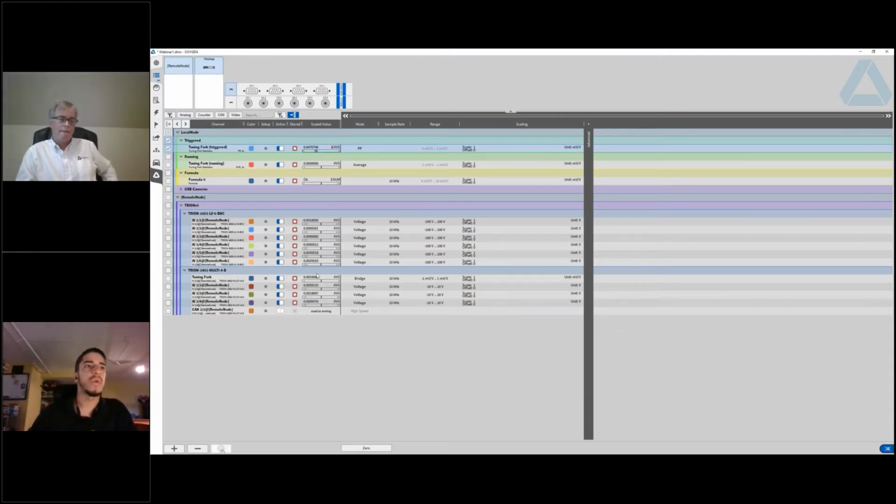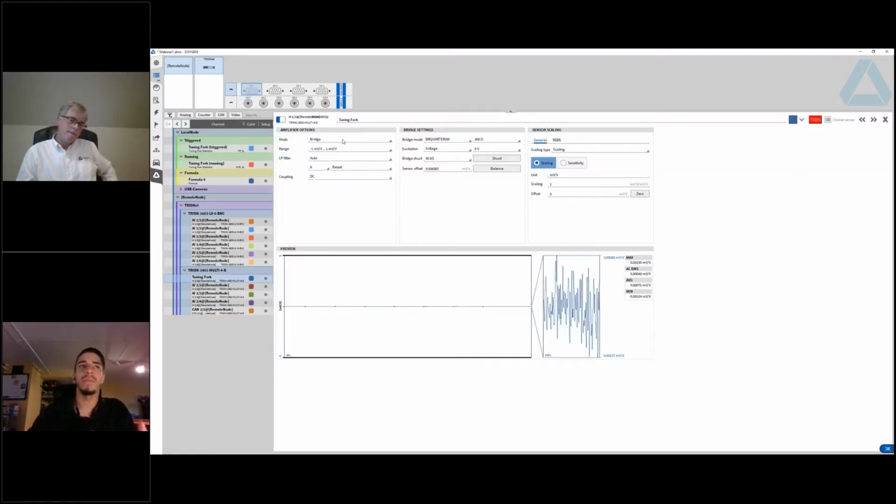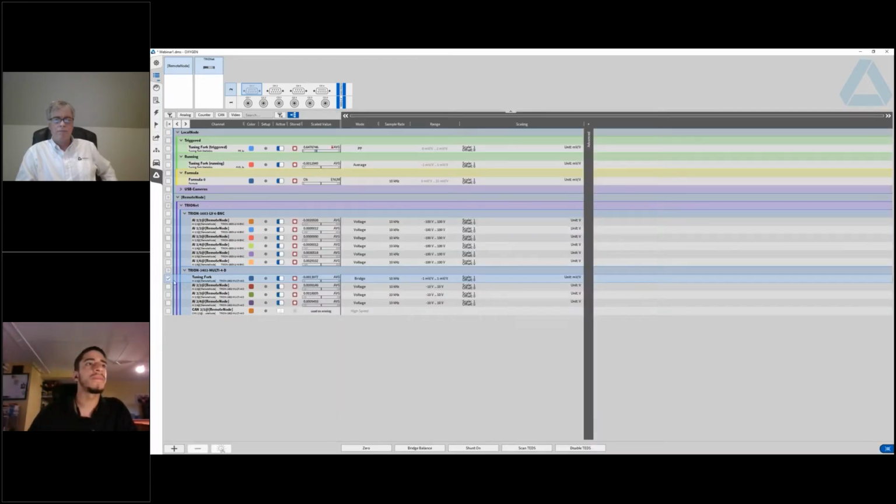I'm just opening that up right here. As you can see, I have my mode set to bridge mode. I have it set to bridge quarter 3-wire with 350 ohm. I'm not going to get into too many details, but it's the specifications of the strain gauge. Close that out. And to create these channels, you're actually going to select the channel that you want to base